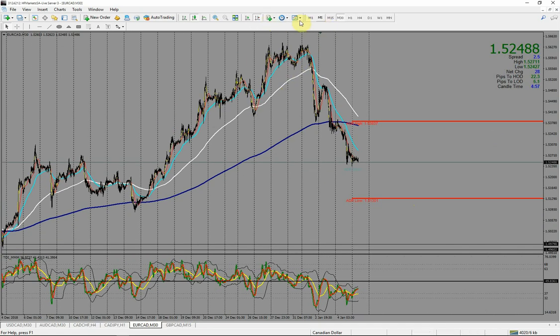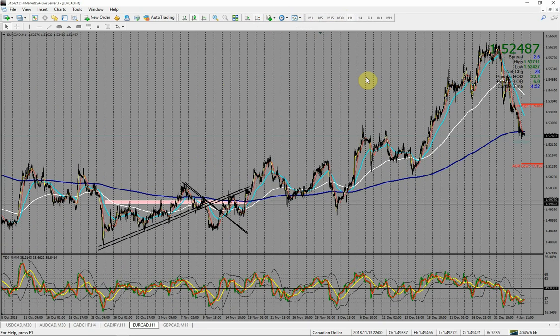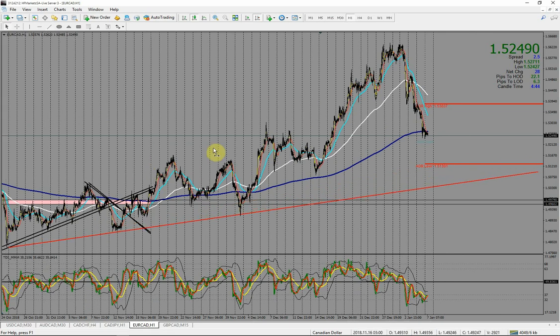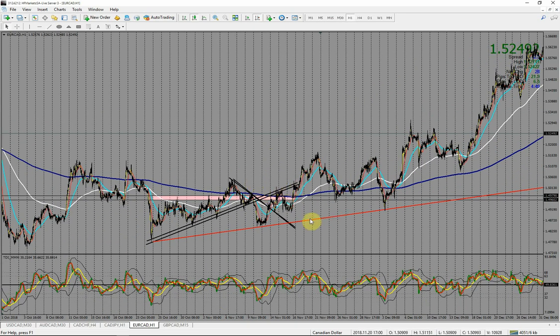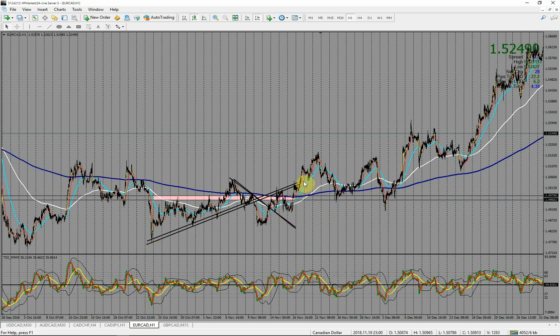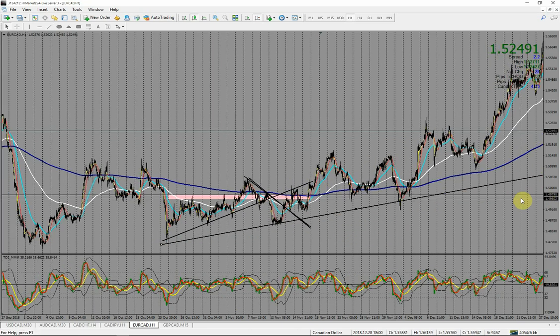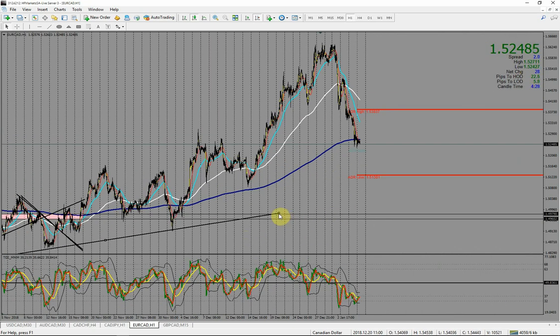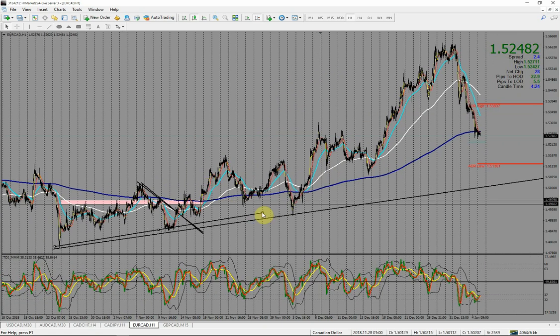EuroCAD, obviously it's going south, because the Canadian dollar in this case is the secondary currency. So let's just draw those trend lines from down there. Let me just move there and drag these ones. Yeah, from there. And then this one as well. So this is just a quick trick to show you how to use the forex index charts